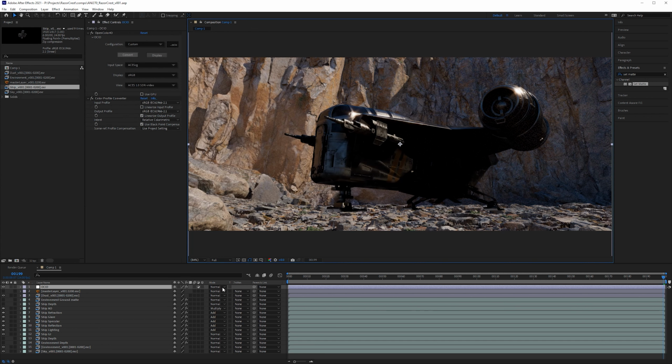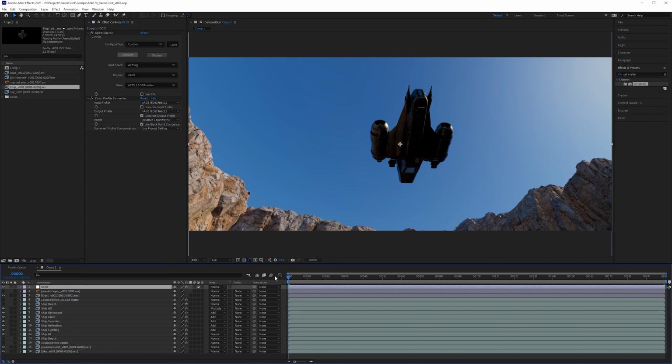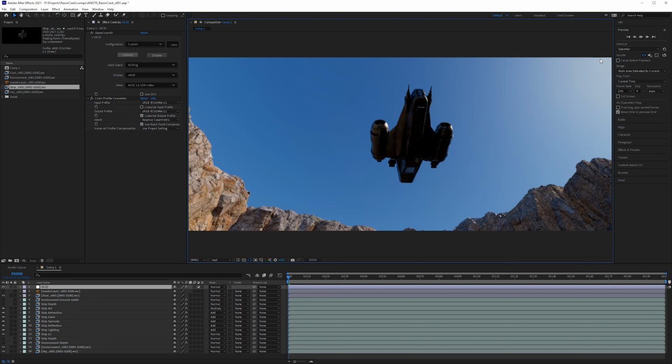Okay, so there's a few things that we need to do, but the first thing that we really should do is just make sure that if we go to the very beginning here, we render the entire thing out and just make sure that everything is working as we expect, or find issues, and there's going to be issues no matter what you do. So we're going to change our resolution here to half. This is going to make it a little bit blurry, but it'll render faster.